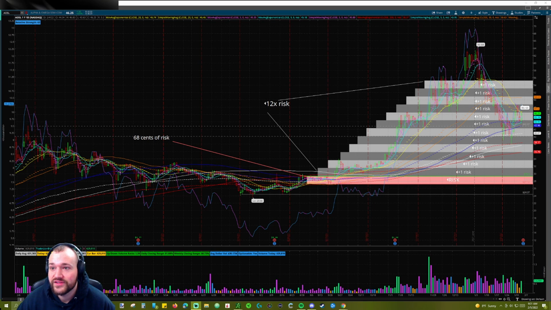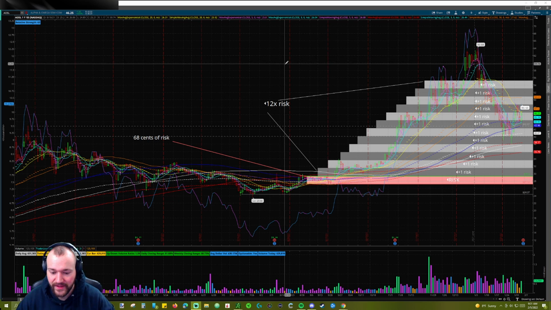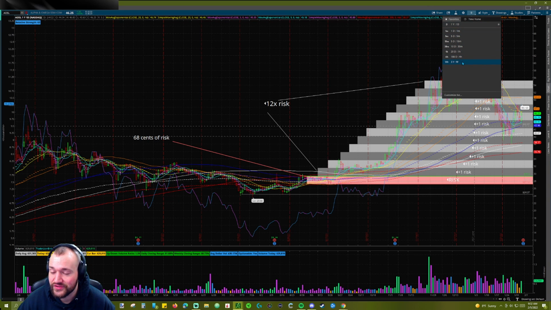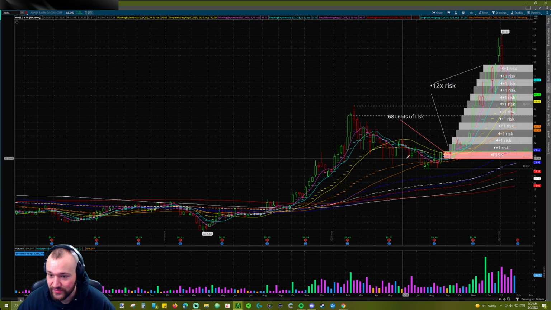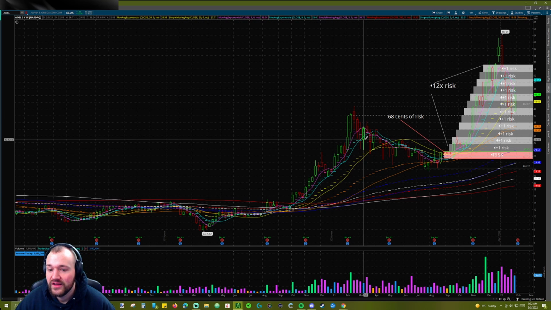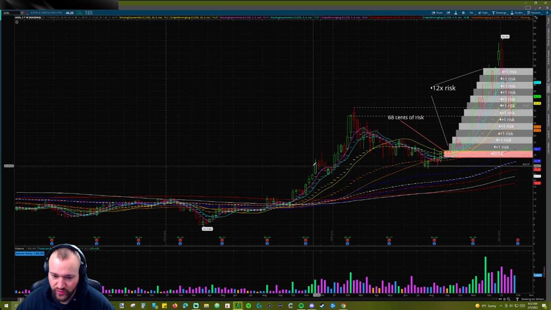All right, so here I am again with the AOSL chart. As I mentioned last time, this is just a good chart to easily see the principles of what I'm talking about because it played out in a very smooth fashion. Sometimes it won't be quite so clean. Sometimes it's even more clean, but this one just does a good job at showing what I'm trying